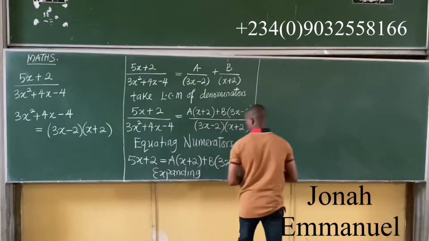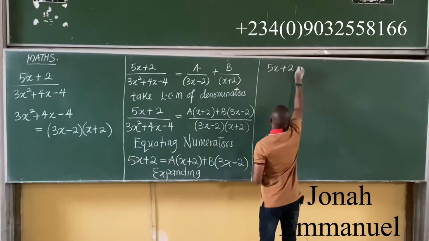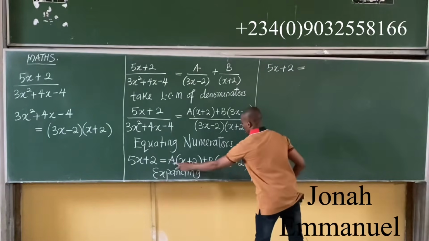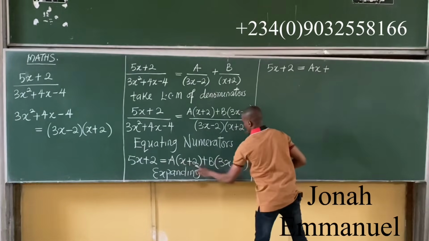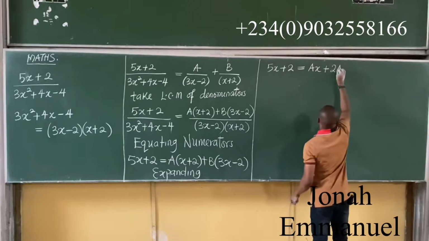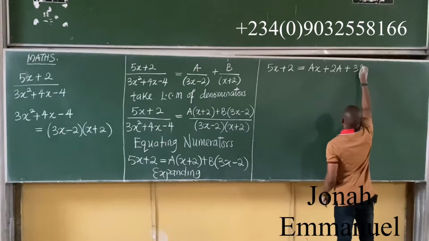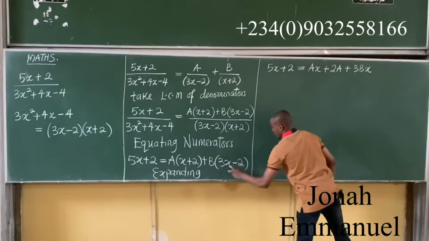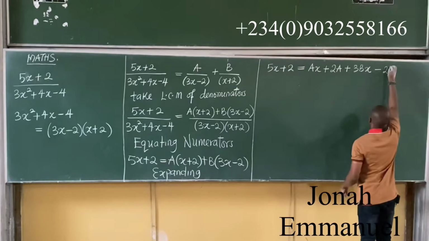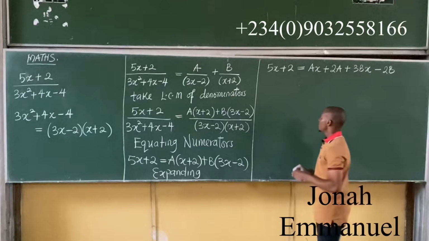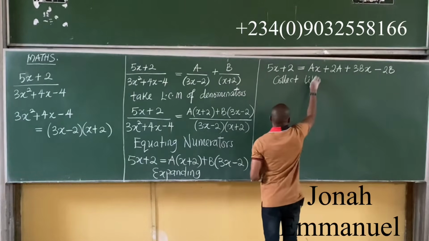Expanding, this will now be equal to 5x plus 2 is equal to a times x is ax, plus a times 2 gives 2a, plus b times 3x gives 3bx, plus times minus is minus b times 2 is 2b. So I have this. My next task here is to collect like